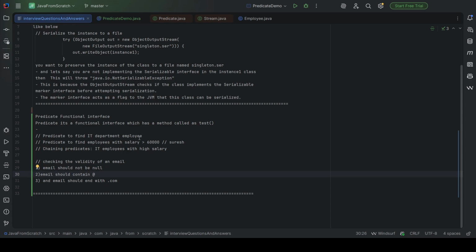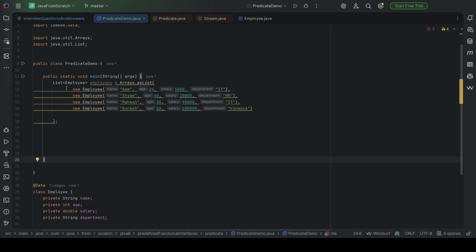This first program shows a predicate to find IT department employees. Here are some employees, and how many IT department employees do we have? Two IT department employees, Ram and Mahesh. So how to find that?